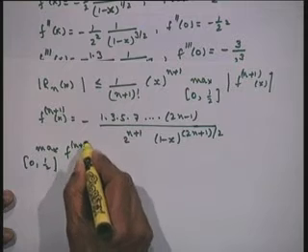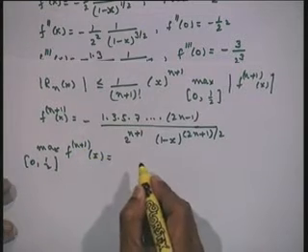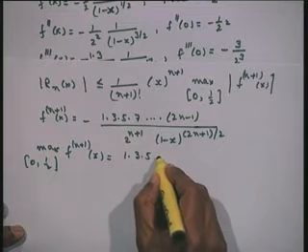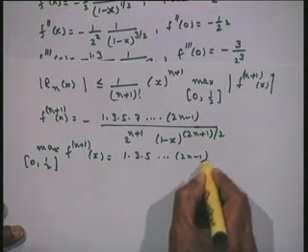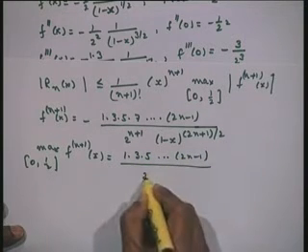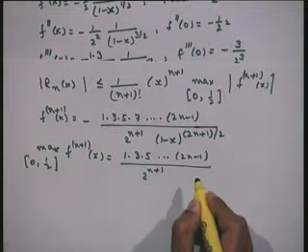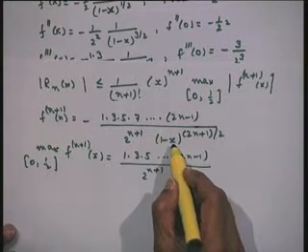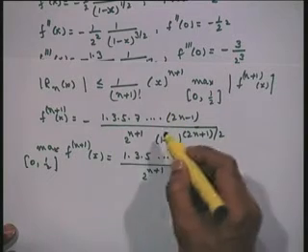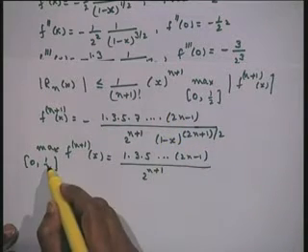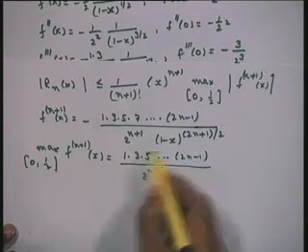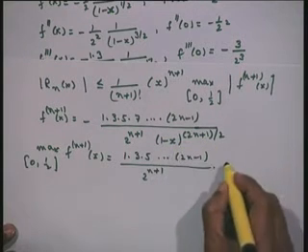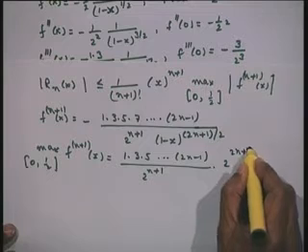f n plus 1 of x is 1, 3, 5, and so on up to 2n minus 1, by 2 to the power of n plus 1. I need a minimum here, so that it will give the maximum of this. So, the minimum of this in 0 to half will occur at half. I will have here 1 by 2 of this power, that is 2 to the power of (2n plus 1) by 2.